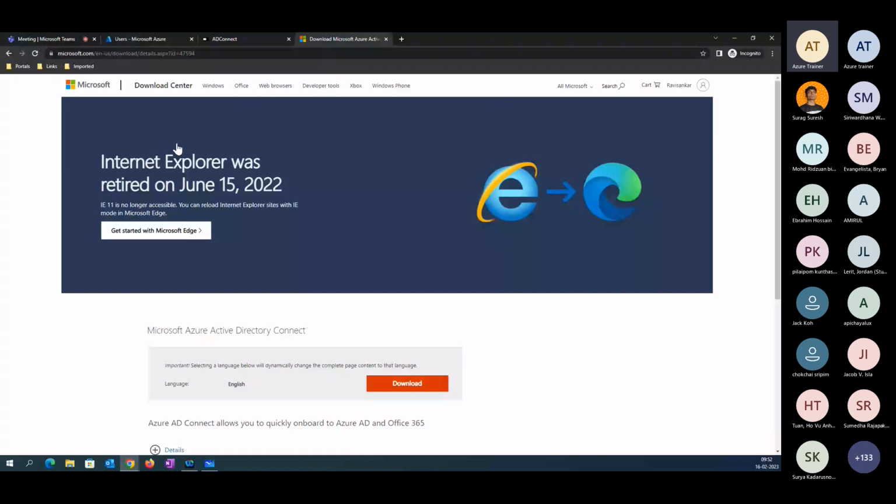Right now you can see the MSI file is available here. From here you can configure it. Once it is done, the synchronization is done. Now, the moment when you